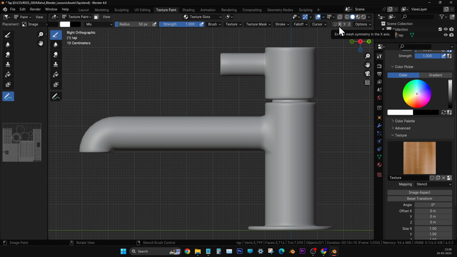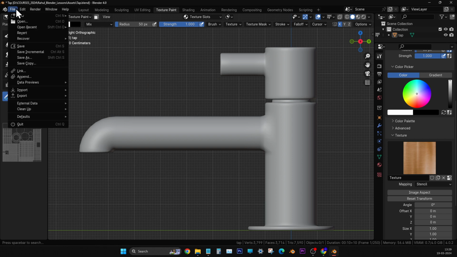So when we switch on that, Blender becomes a bit heavier, it occupies more space, and sometimes it closes also. So what I'm doing is I'm first saving it, in case I switch on the symmetry. Before switching on that XY, not Z, only XY, in the symmetry on the top right corner, I will save the scene